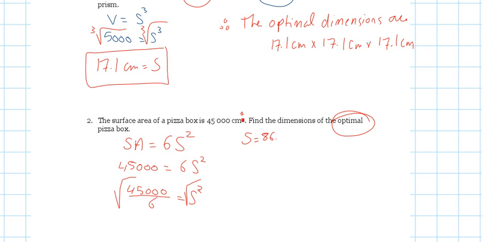And the unit is centimeter, right? So therefore, the dimensions of the box are 86.6 centimeters by 86.6